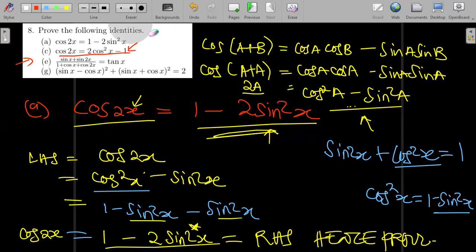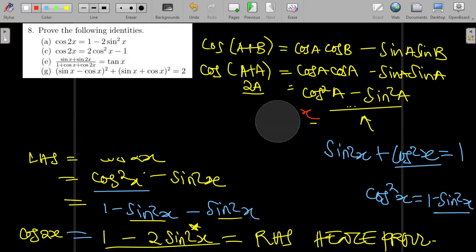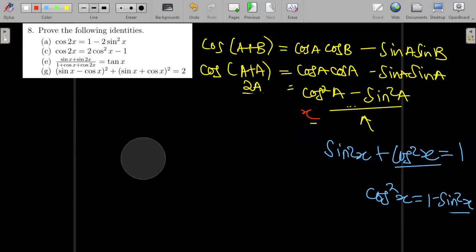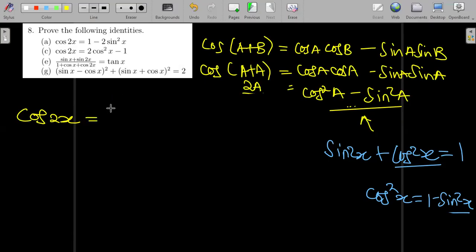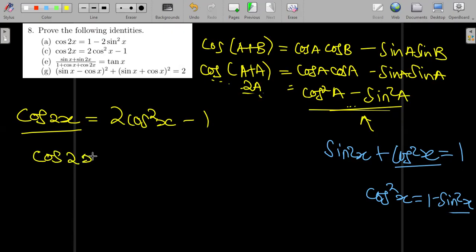So let's do that. We are on question C. In question C, we are being told to prove that cos 2x is equal to 2 cos squared x minus 1. We know that this part, which was the same as cos 2A, is just equal to this. So I'm going to write cos 2x is equal to cos squared x minus sine